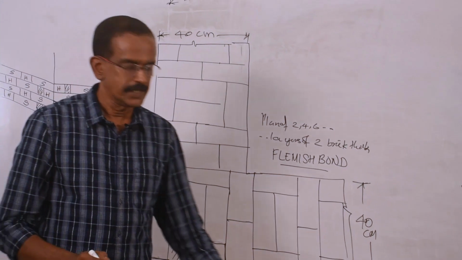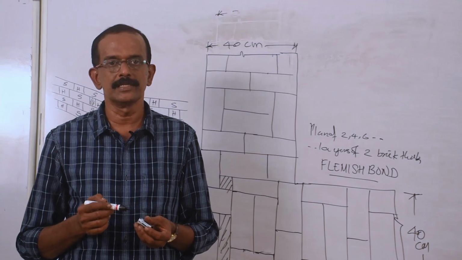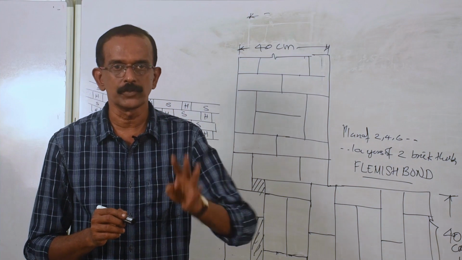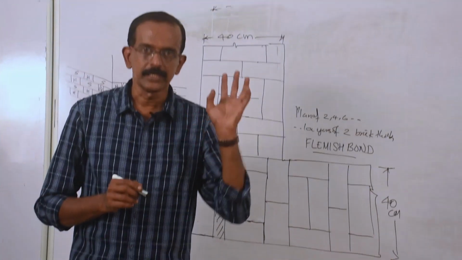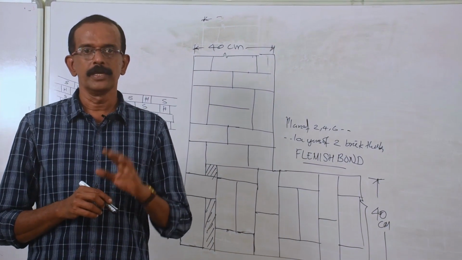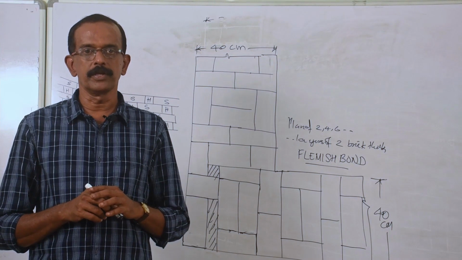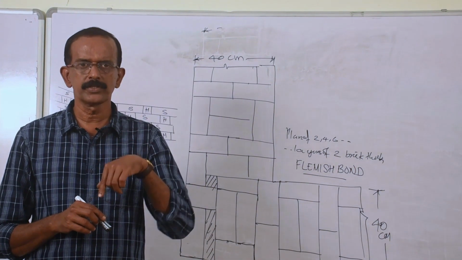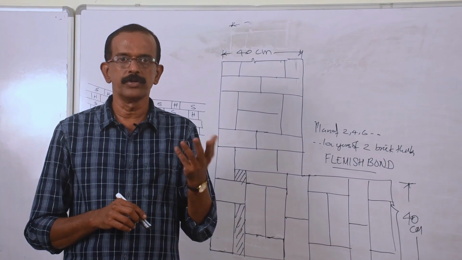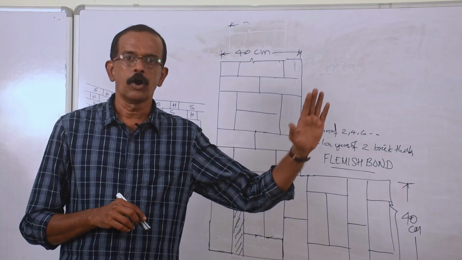So we have completed 6 sketches in the Flemish bond, 6 sketches in the English bond, total 12 sketches. So there are mainly 4 types of bond in the arrangements. Structure bond, where you can see the structure face of the brick. In header bond, you can see the header face of the brick. And in English bond, you can see first layer full of structures, second layer full of headers. In Flemish bond, you can see structure and header in all layers.